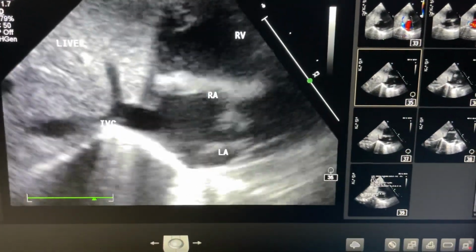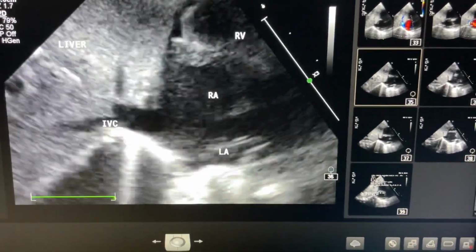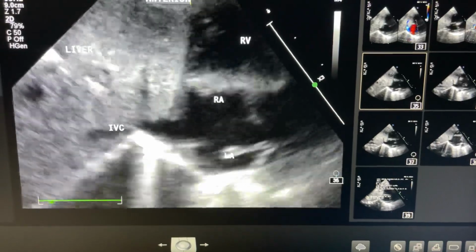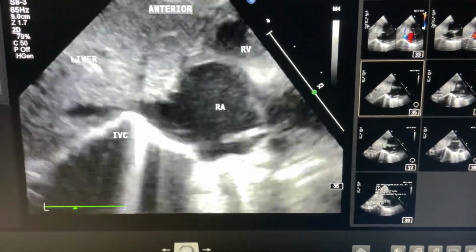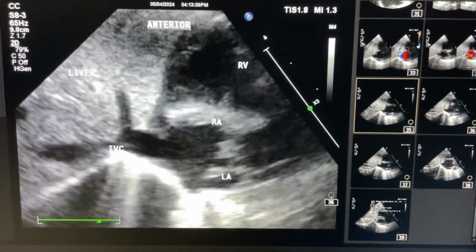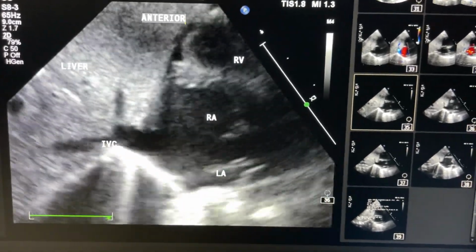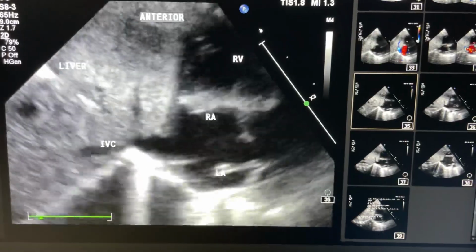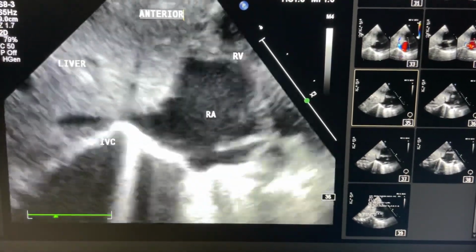Very rare ASD of sinus venosus variety of inferior vena cava type. That is a very rare finding. This is a very rare variety of ASD. So in the ASD, what you see, this is a sagittal image